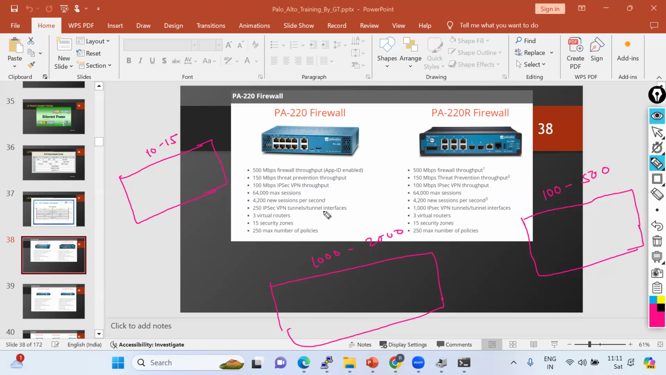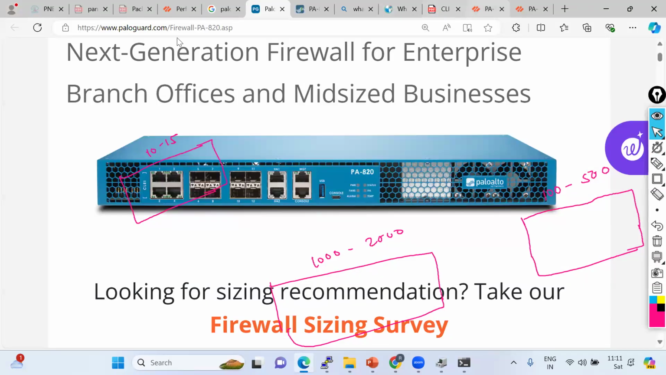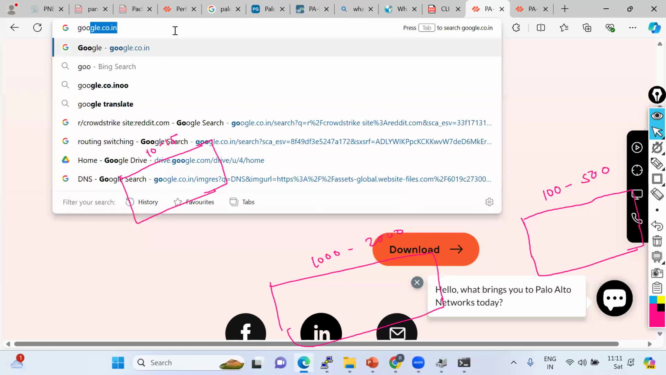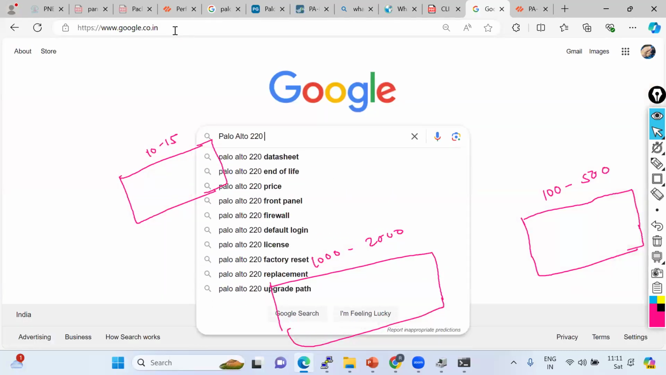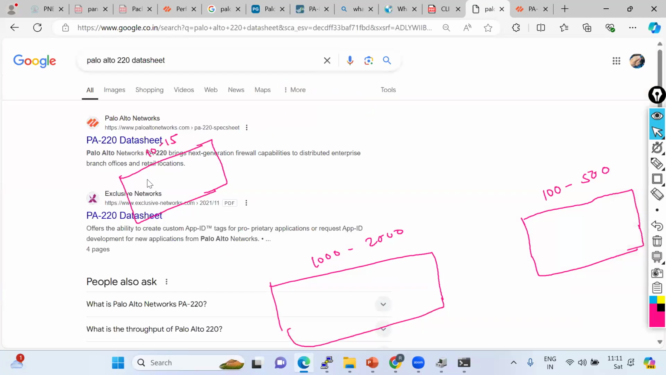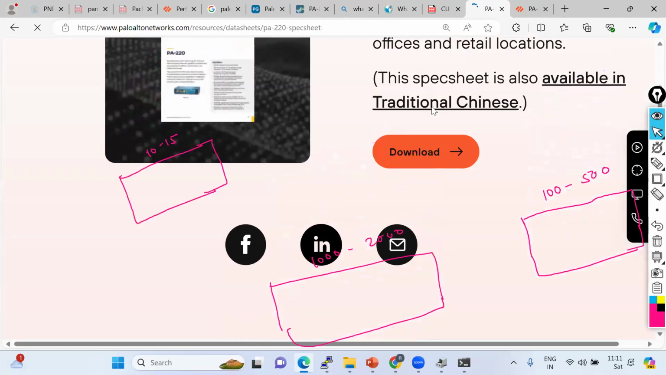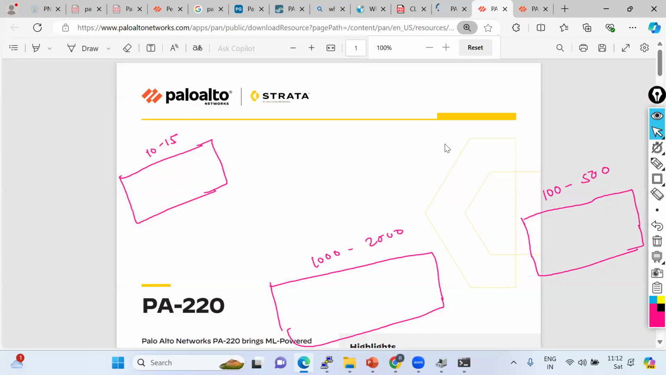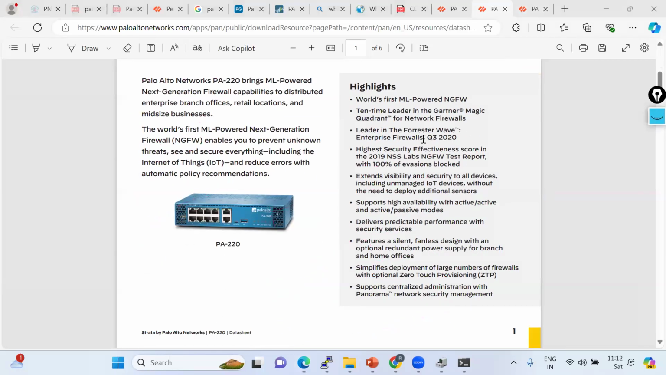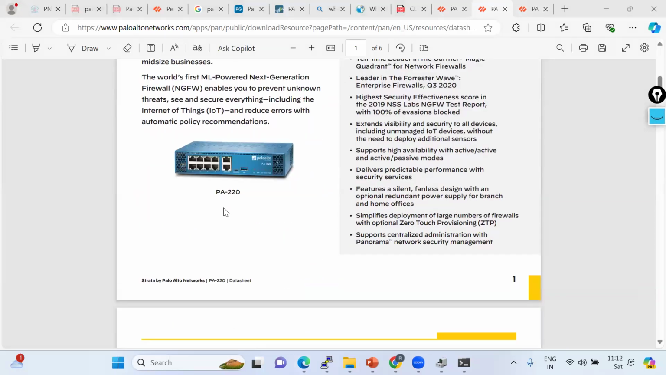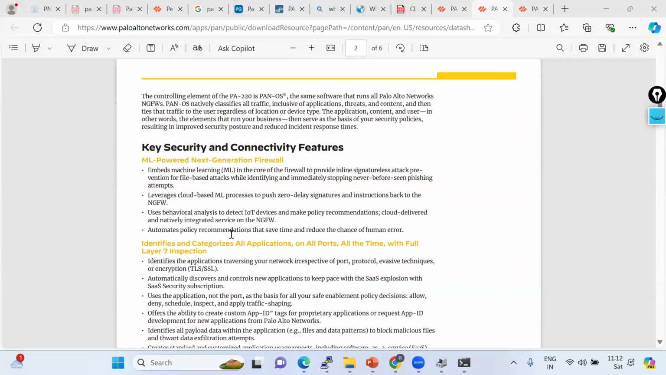So first you have to understand the data sheet of the firewall. You have to read about the data sheet. You just have to go on Google. I have just a snip of the basic features, but if you want to learn all the features, just Google and find the Palo Alto 220 data sheet. Once you open and download this data sheet, you get insight into all the features available on this firewall. If I go a little bit down,